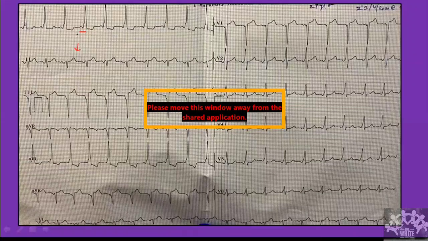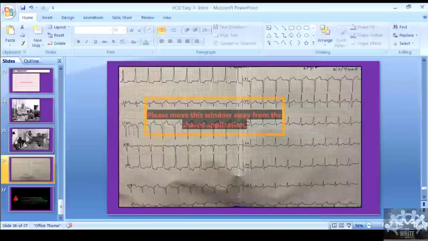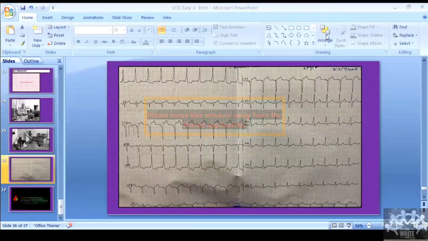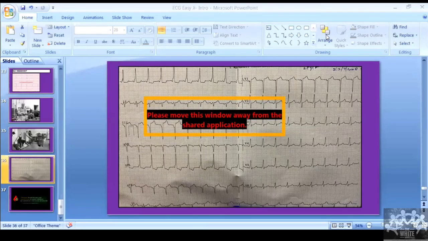Okay, and then we have a deflection like this here. So what do you think this is now? I've given you clues. Let's see the answers now. Yes, good. Standardization won't need explanation. Someone says atrial fibrillation. So atrial fibrillation means atria is not there. If atria is not firing, that means P wave won't be there. Here we have a P wave.